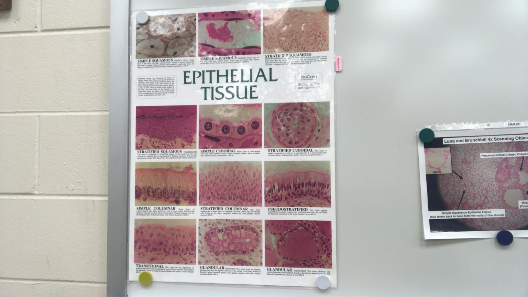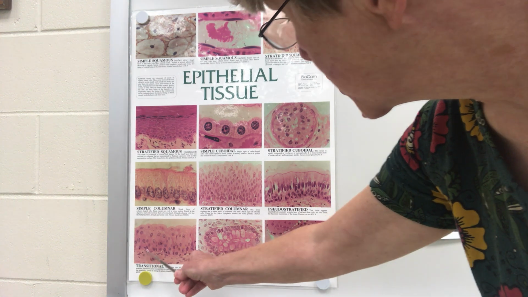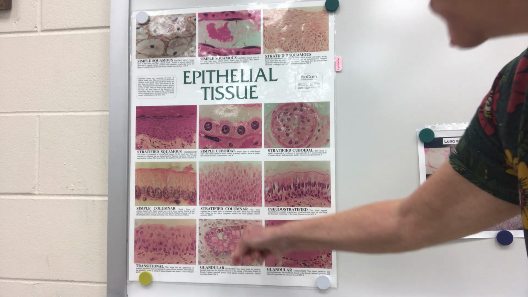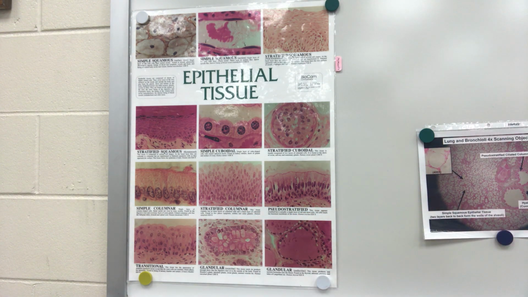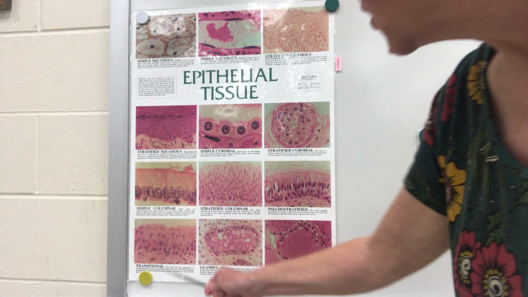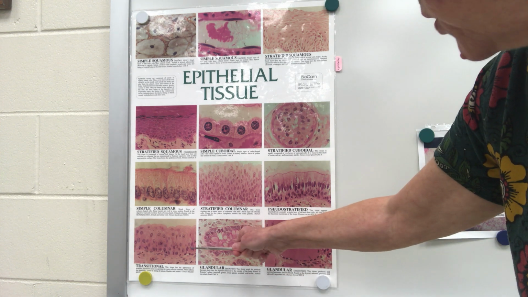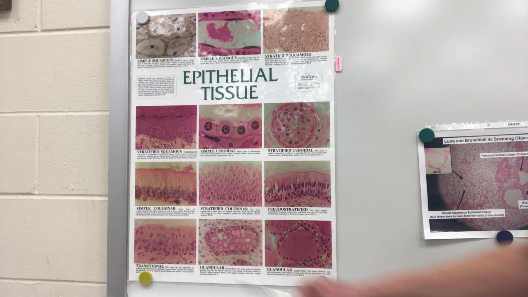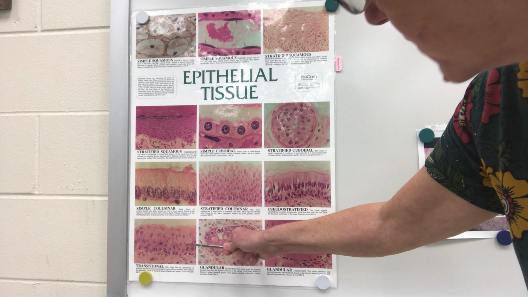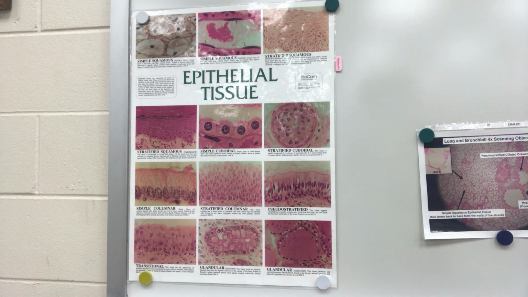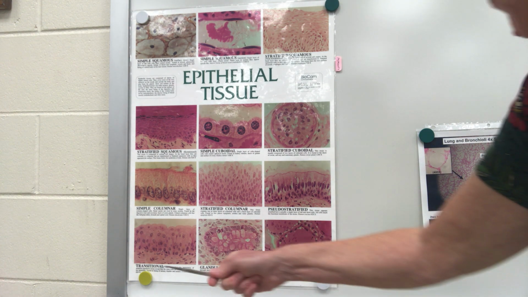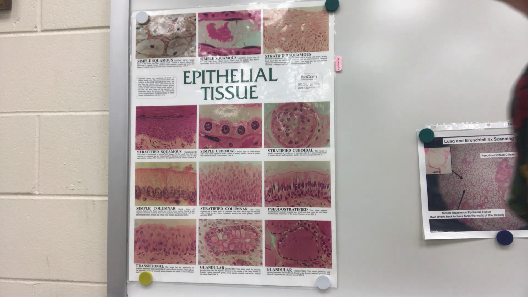And the other type of tissue we will look at is transitional. Transitional is found only in the urinary bladder, and it's called this because it transitions in shape and structure depending on whether the urinary bladder is empty or full. When it is empty, they will look kind of columnar, like many layers of columnar. When it is completely full, it will stretch, and they will then start to look more like squamous.